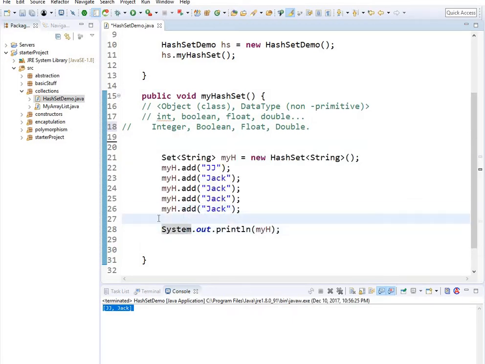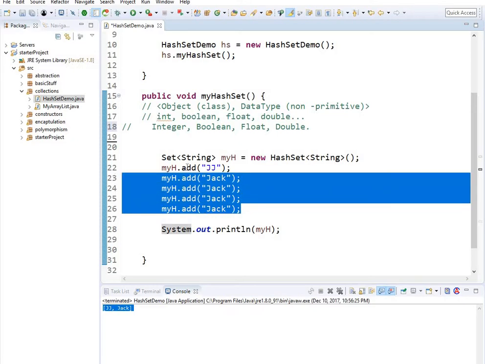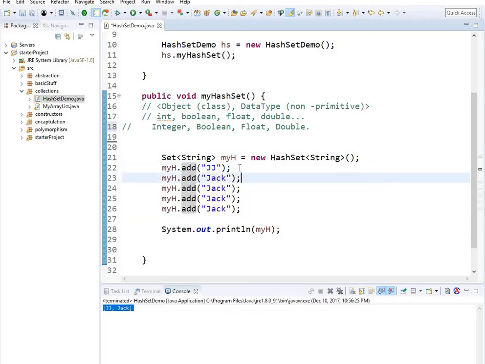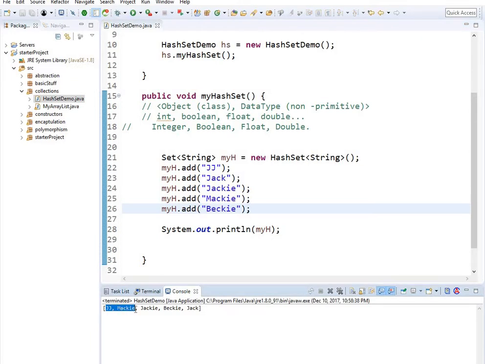And what other thing I want to tell you is that there's no guarantee on what order it is going to give you. So let's do this. Jackie, and then say Mackie, let's say Becky, right? And then let me print this out. So when I print this, JJ Mackie is printing, right? So it is not printing Jack first, and Jack goes all the way to the end. And if I read it again, it says JJ Mackie Jackie, right? Mackie Jackie. So if I run it again,